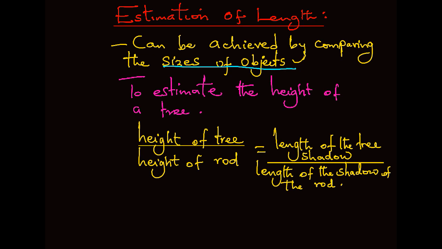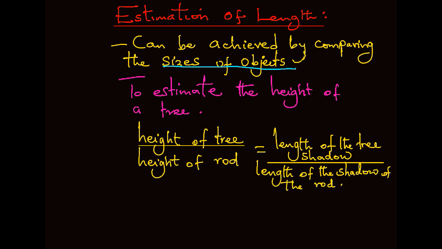In doing this, we hold the rod, or the meter rule in this case, upright and measure its length using another measuring device like a tape measure. We then measure the length of the shadow and also measure the length of the shadow of the tree. To determine the height of the tree,